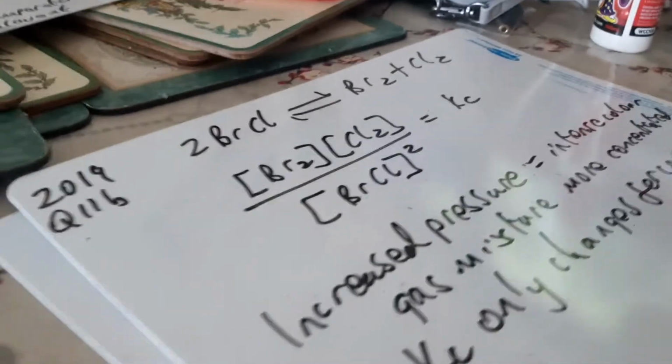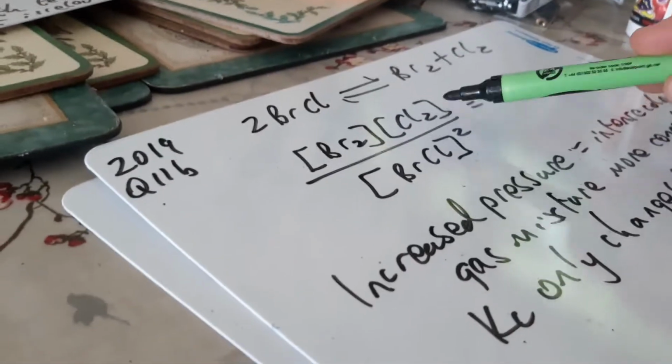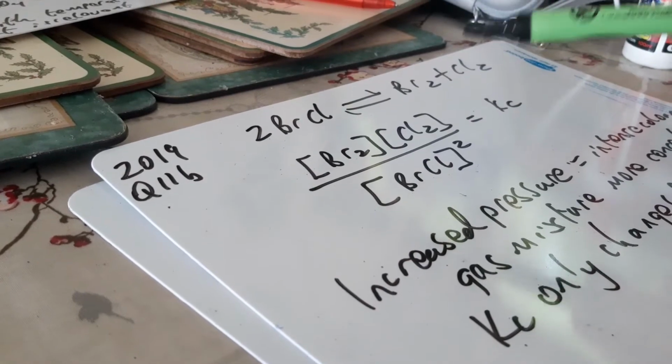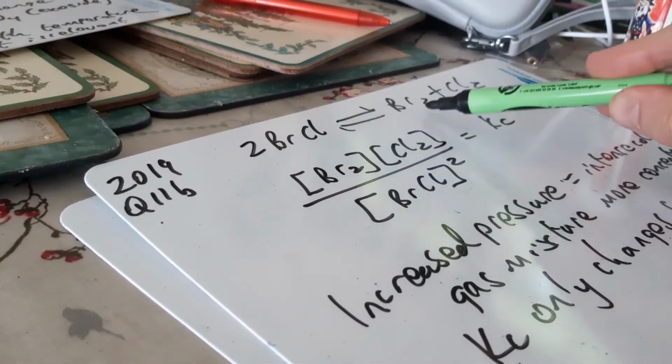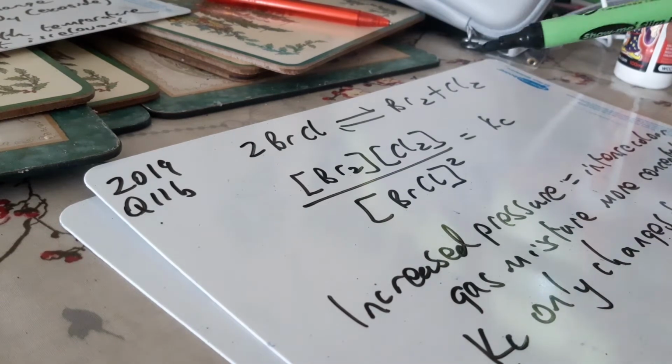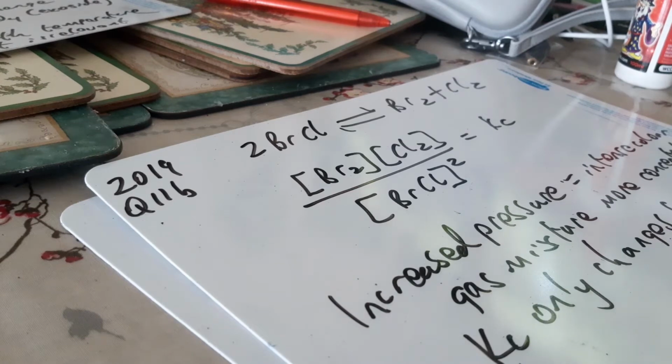Well, it's always a good idea when you're asked a Le Chatelier question to write out your Kc and have it there, all right? Now, what's really important to remember here is that increasing pressure, remember this is a gas, this is a gas, and this is a gas, okay? And you're told that in the question. Increasing the pressure pulls all those molecules closer together. So that's one reason why they're going to be a more intense colour, because there's more particles per volume. Okay, so increased pressure means there's more of an intense colour because the gas mixture is more concentrated.